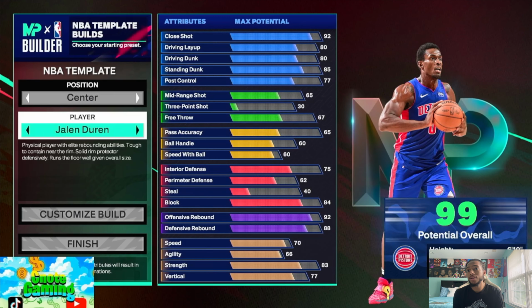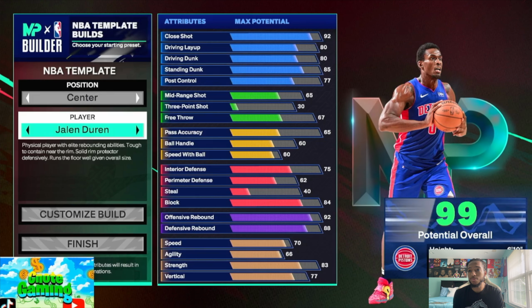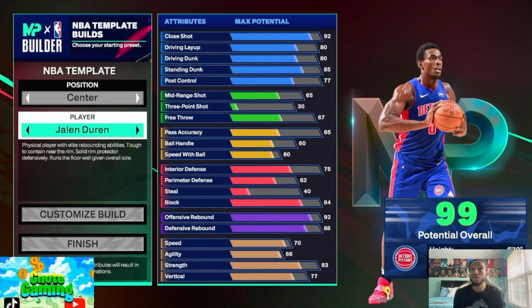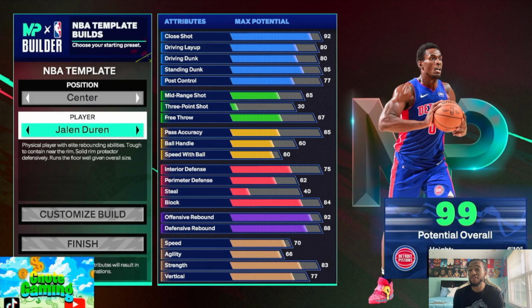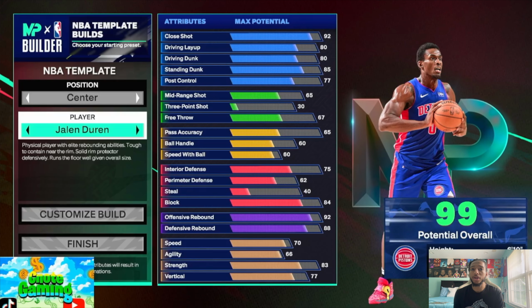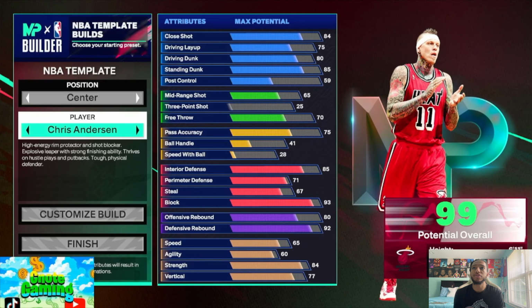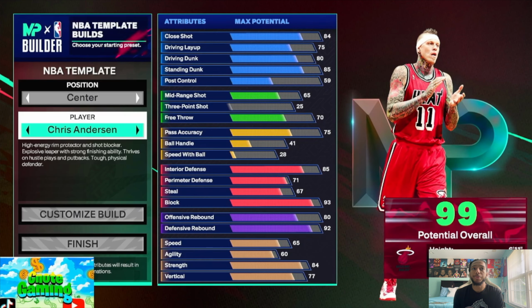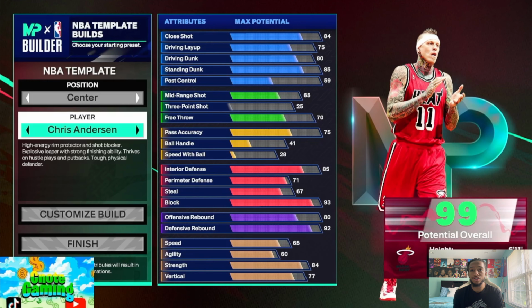Still can't shoot. Another solid interior, he can board. I would still prefer Bam over all these builds, but I would put this one as an interior. I would put this one above Birdman, to be honest, strictly due to the board. It depends on what you're trying to do. If you're trying to play more in a comp setting, I would go Jalen Duren, but if you're trying to be more of just like a fun interior inside big, I would go Birdman, if that makes sense, because comp bigs, you need the board,